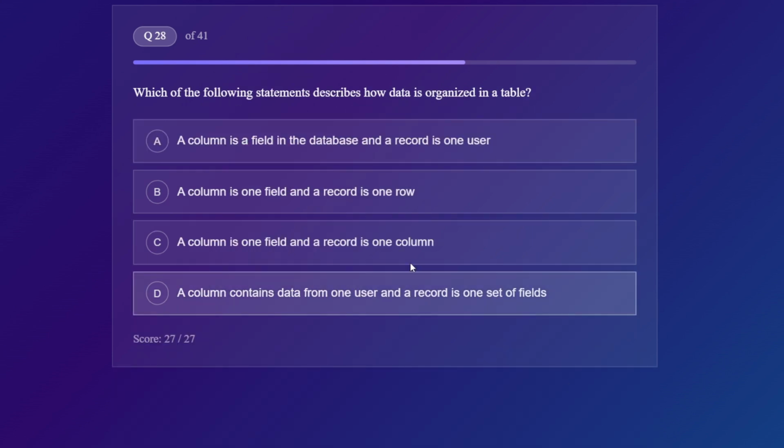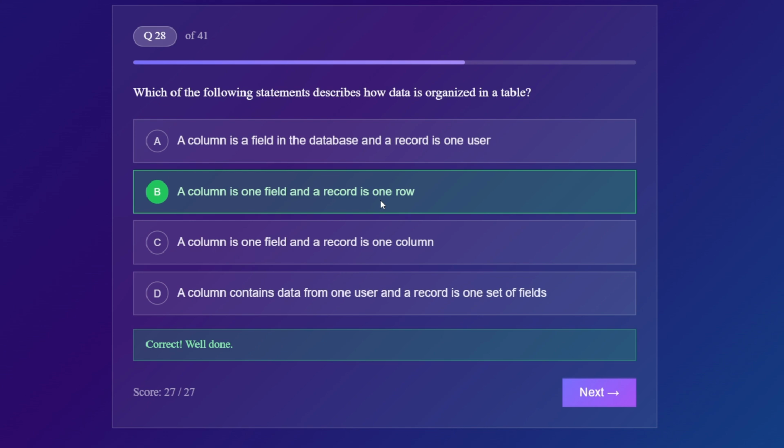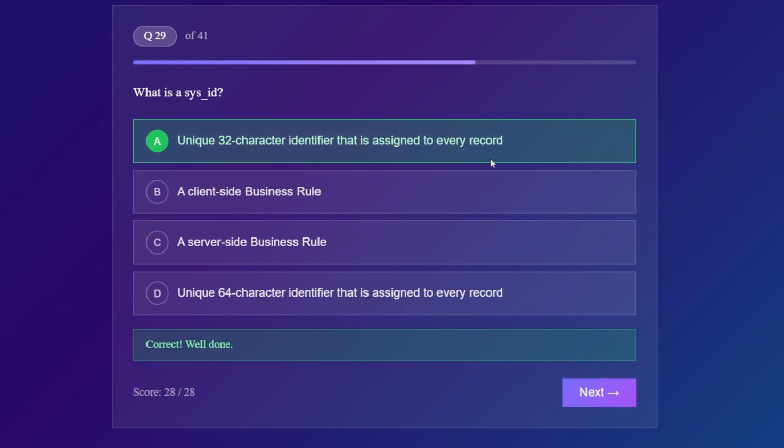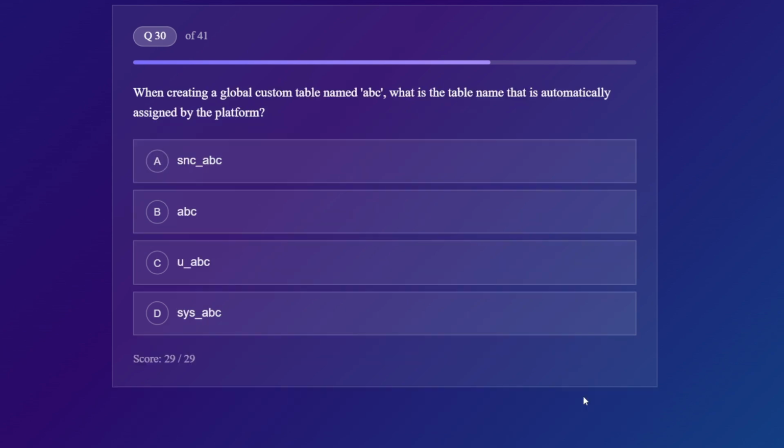And moving to next question, which of the following statements describes how data is organized in a table? The correct answer is a column is one field and a record is one row. Moving to next question, what is a sys ID? It is a unique 32 character identifier that is assigned to every record. This is the correct answer for the above question. And moving to next one, when creating a global custom table named ABC, what is the table name that is automatically assigned by the platform? Option C is the correct one,